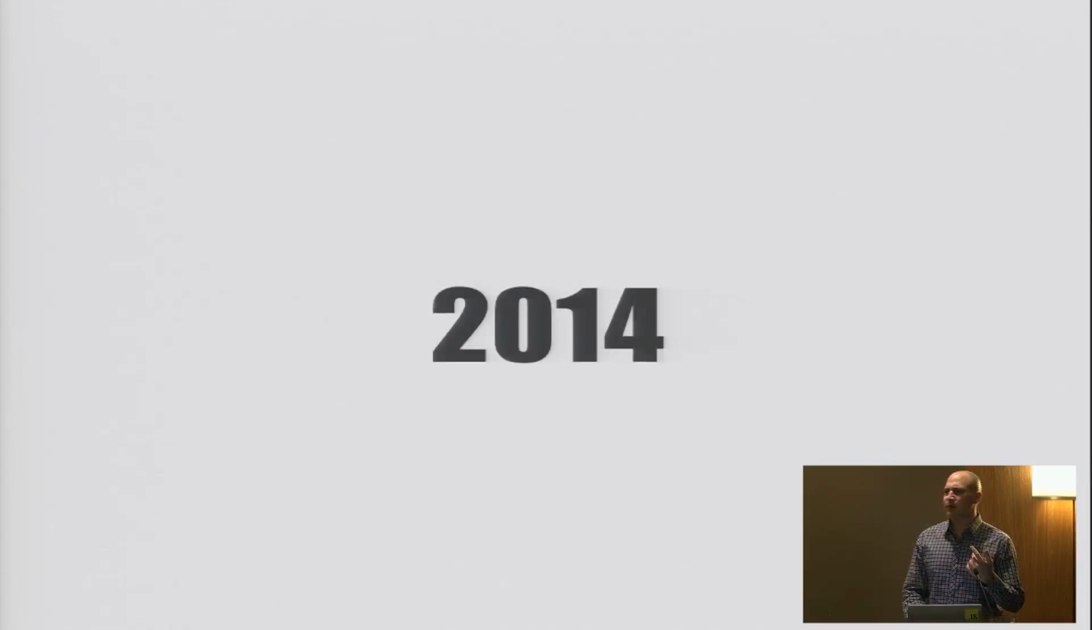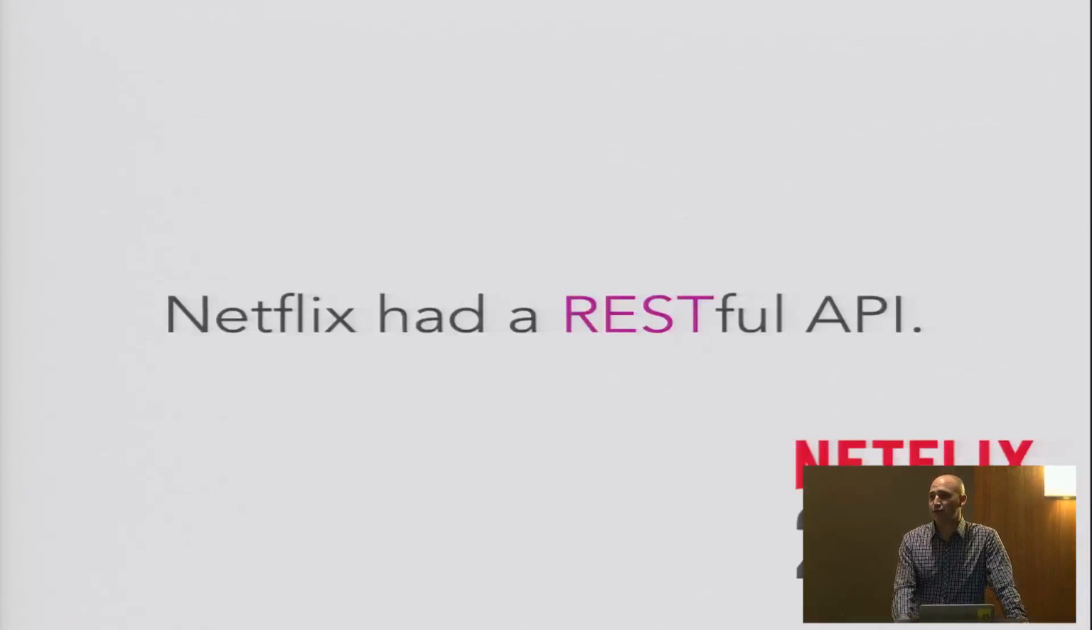So let's just rewind 3 years. 3 years ago, Netflix had what I'm going to say, with some reservations, is a RESTful API. This was a very conscious effort on our part to try and create a RESTful API. Essentially, what we wanted was resources and HTTP verbs. We did not do HATEOAS, which is hypertext as the engine of application state, but we basically got pretty close to a RESTful API,